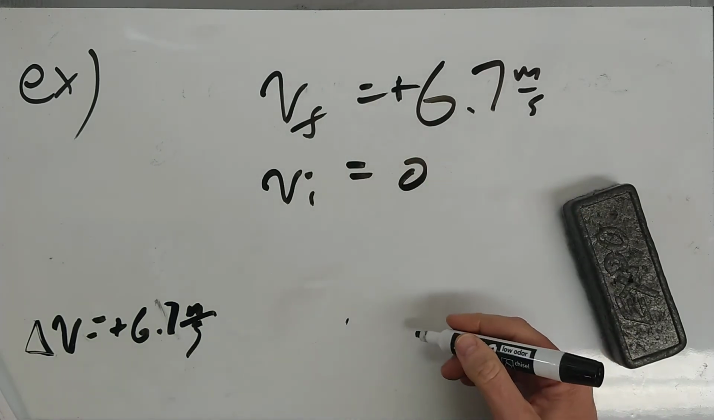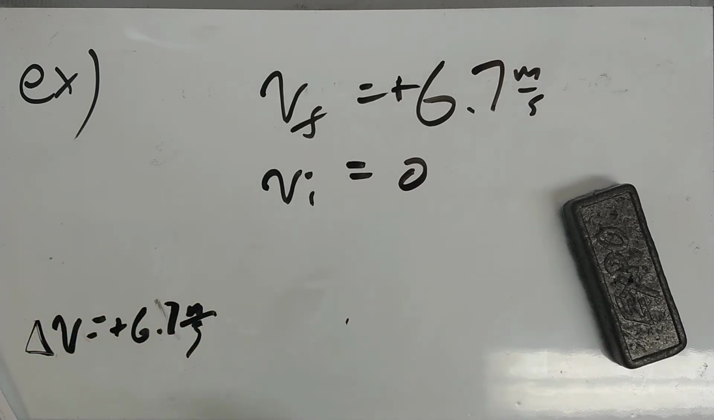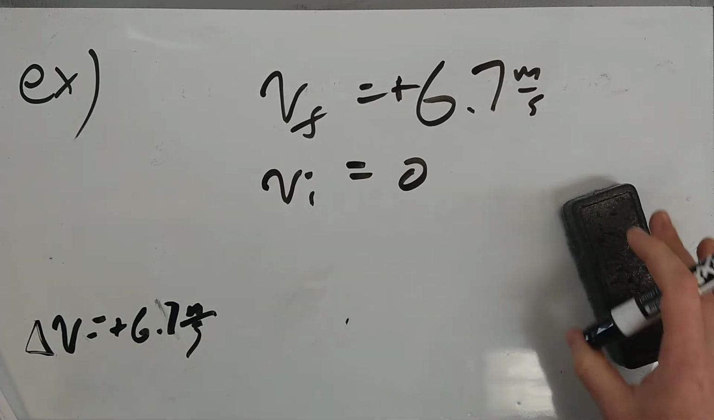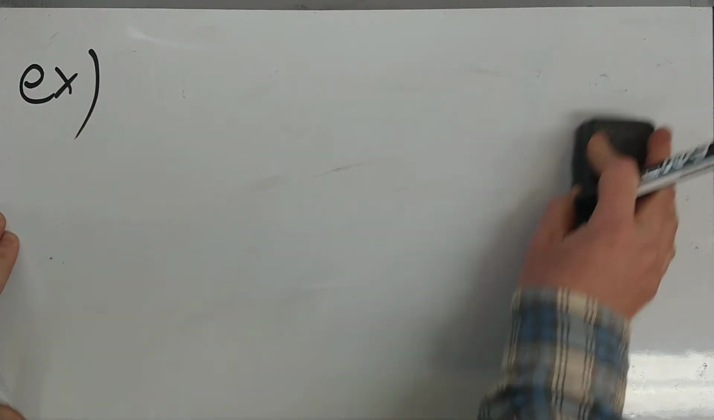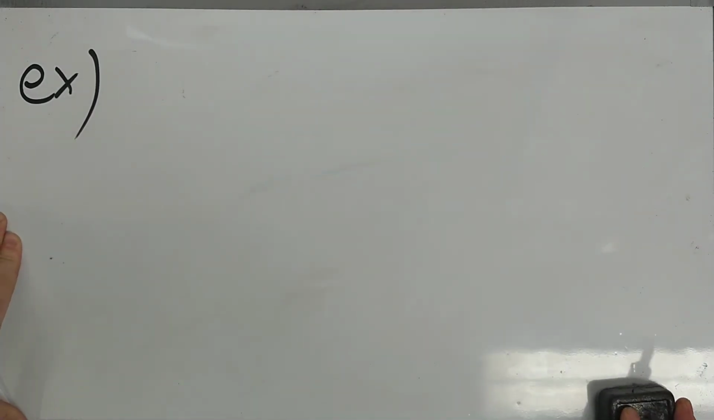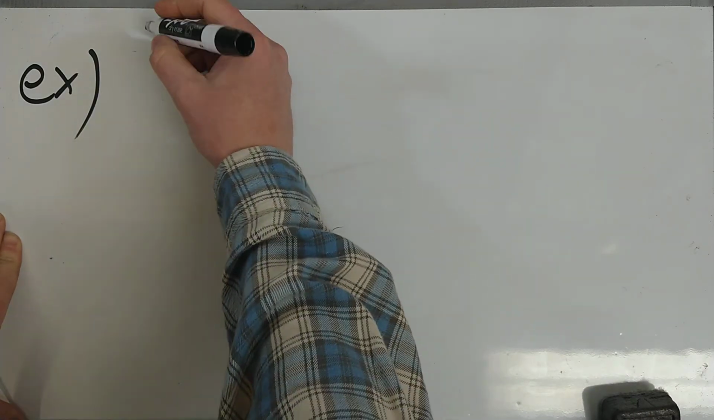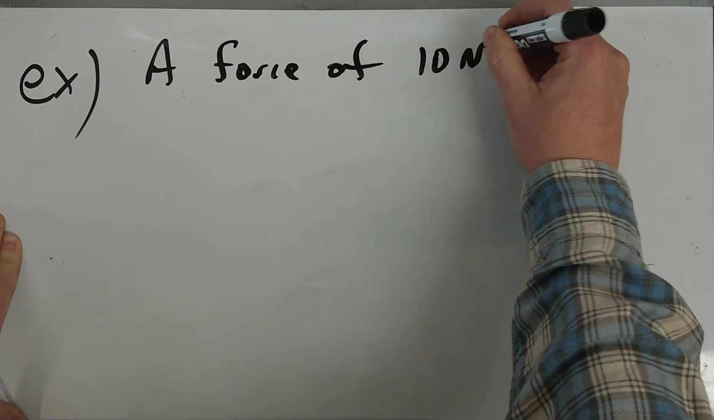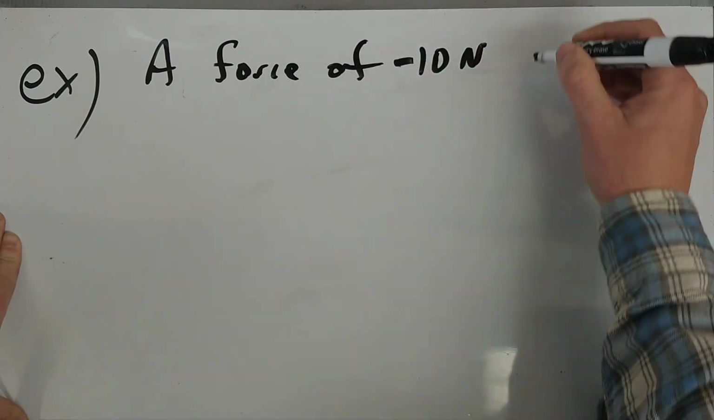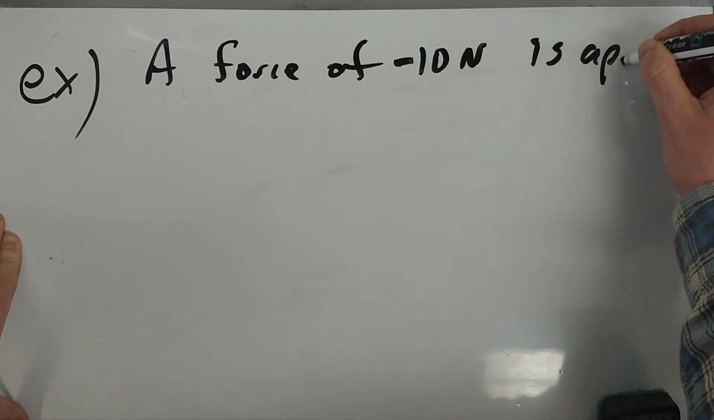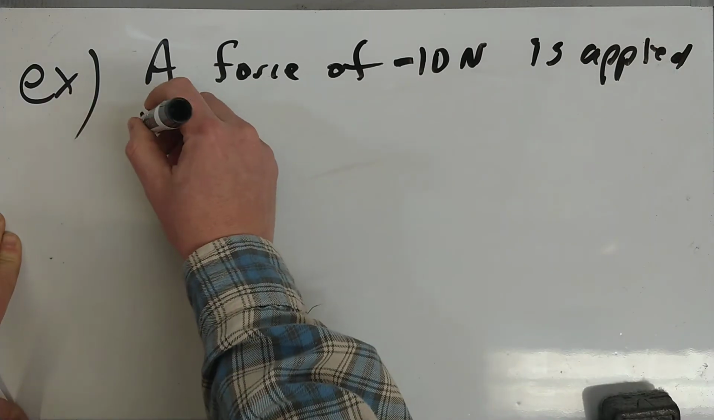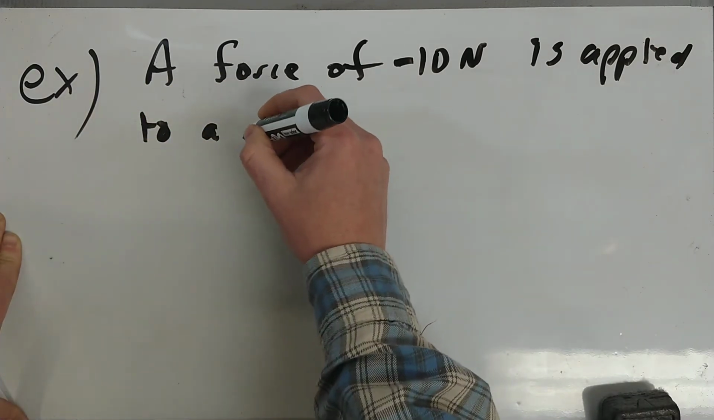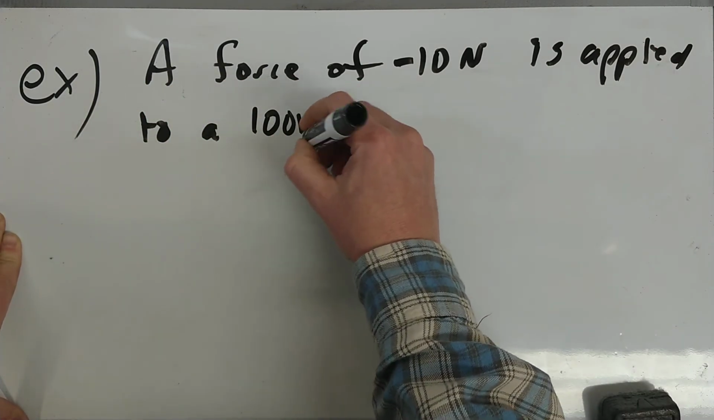So that's a basic example of being given an impulse, figure out the final velocity of the object, right? So usually though, that's something the Regents will do. What we'll often do is we'll say, okay, a force of 10 newtons, let's say negative 10 newtons, is applied to an object, to a, let's say, 100 kilogram object